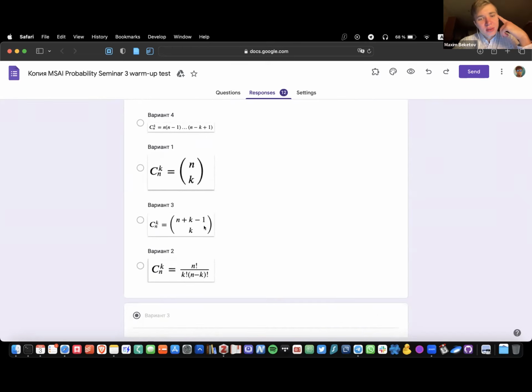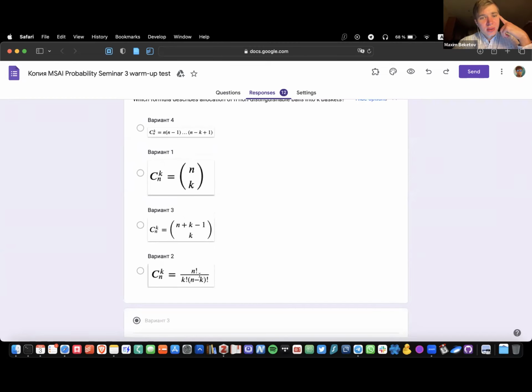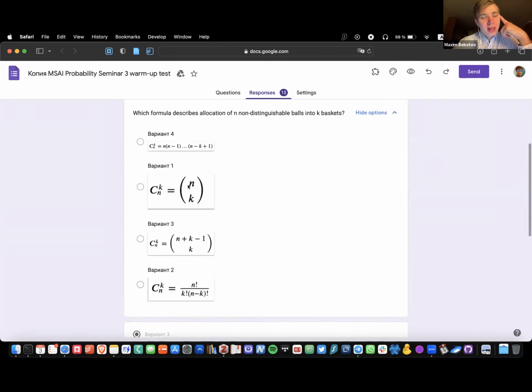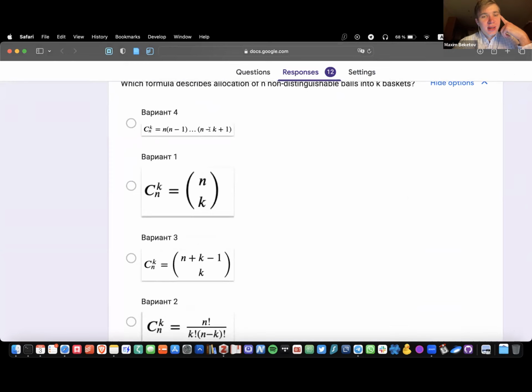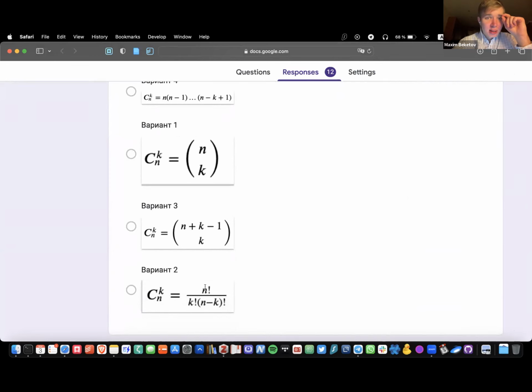Clearly option number 2 is also a binomial. It is no different than option number 1, and so option number 4 is this one. I hope you can see it. It's a product of decreasing sequence of numbers. It's basically the same as option number 2, but without k factorial in the denominator. That means that you are not considering